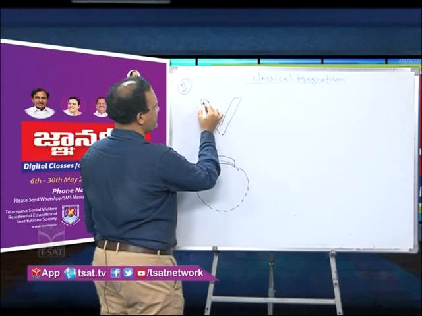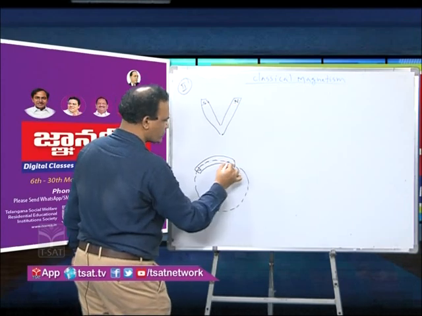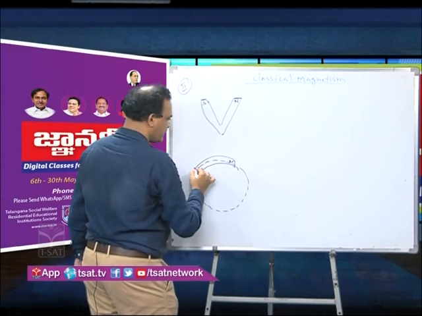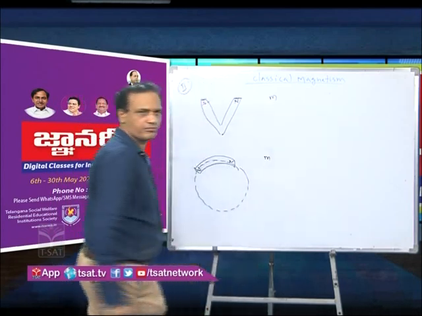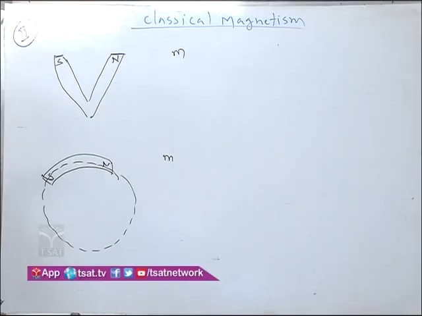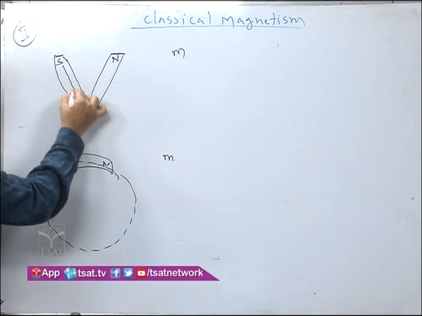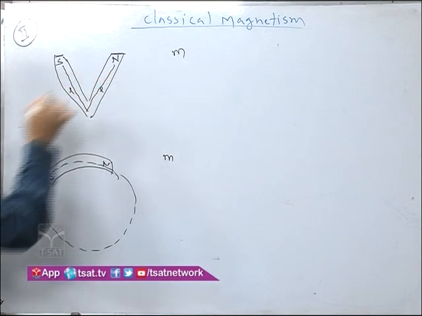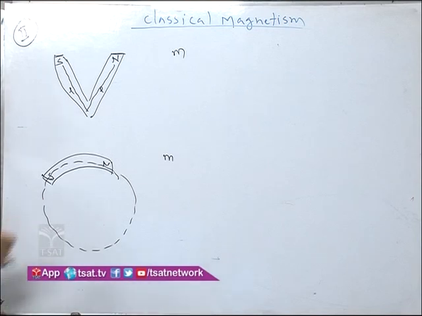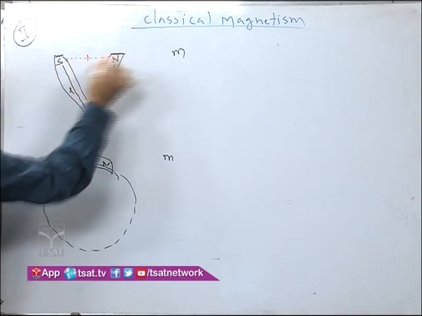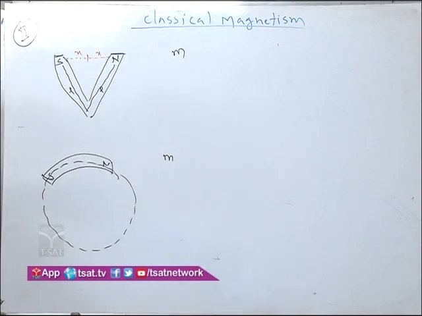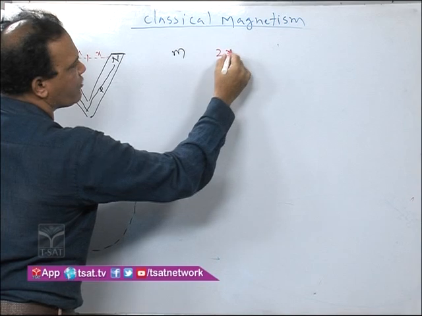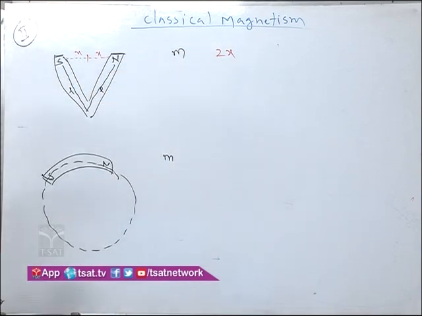See, in these two cases, the south pole and north pole, the end points of the bar magnet, remain constant. Yes? Okay, so therefore pole strength remains constant in these two cases. Here the magnetic length changes. What is the magnetic length? Is this the magnetic length? No, it is a geometric length only. Magnetic length means the shortest distance between the two poles. So in this case, the shortest distance between the two poles is this. Let x be half of it, so 2x is the shortest distance between the two poles. So the magnetic length here changes. From this diagram, it is 2x. Then what about its new magnetic moment?